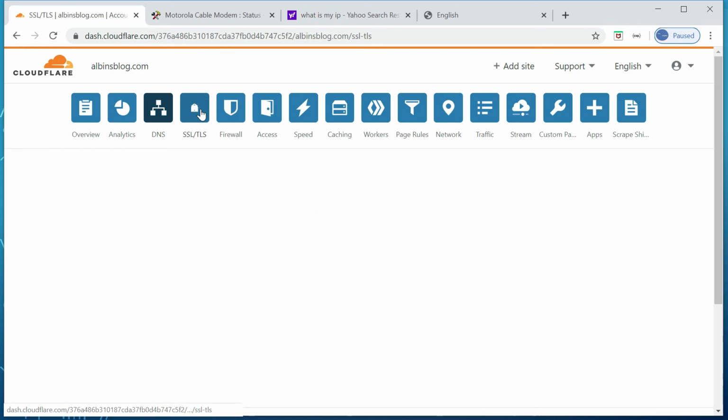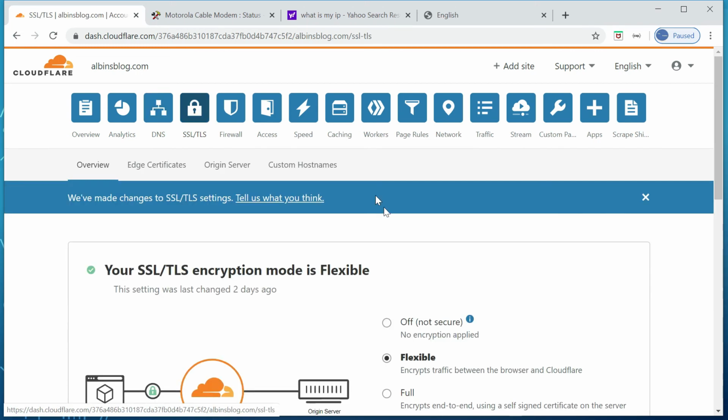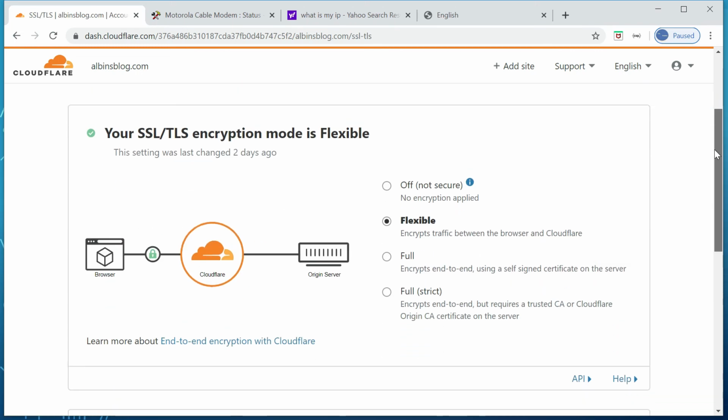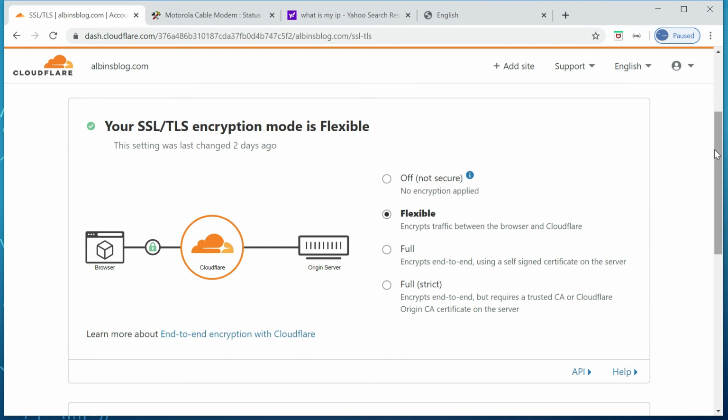If you go to the SSL/TLS tab, I already enabled SSL for all the subdomains and the top domain for albinsblog.com. I selected flexible. What that means is from browser to Cloudflare it is HTTPS, and from Cloudflare to the origin server, wherever I am connecting, it is HTTP.